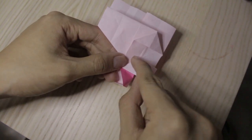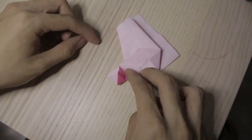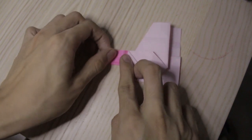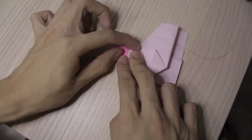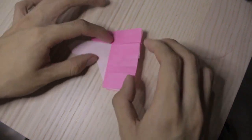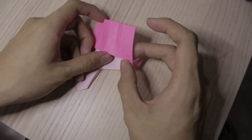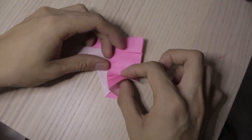So the crease we just made is useless. So for this one we just flatten down like this. Right, then turn the model over. Now going to fold this crease right here,